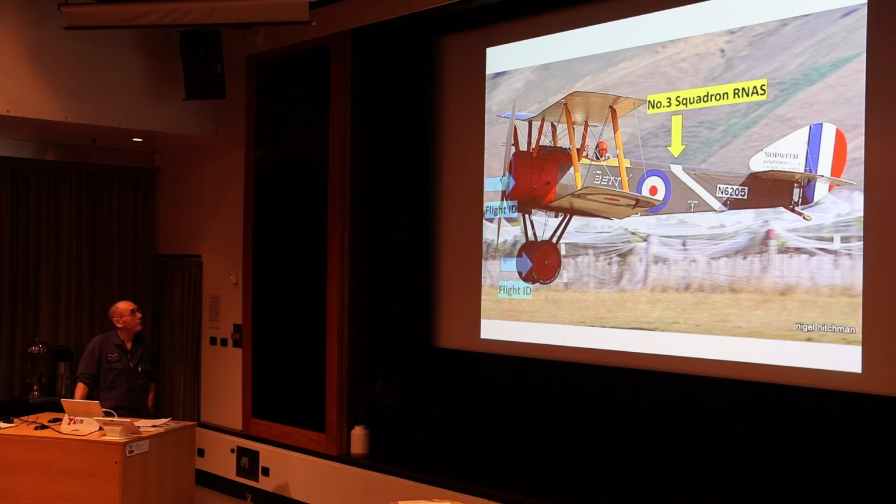They also had flight ID colours, so that would be red flight, which was often a flight of a particular squadron, so they changed those colours so they could form up if those flights were at different parts of the airfields. They did allow some minor personal markings, so there's plenty of these Sopwith Pups with individual names on them. You still see down the back it's got its serial number, and it even has the builders' names on the